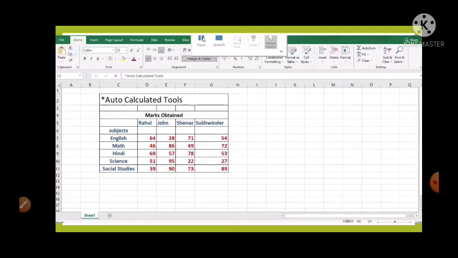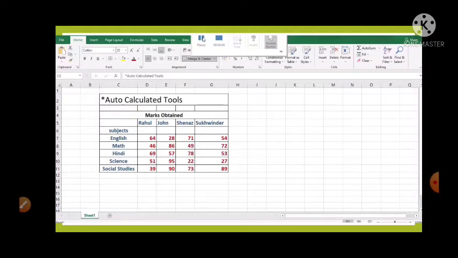So these tools allow us to perform calculations like summing, averaging, counting the number of the cell without entering the formula. So we have to just follow some steps for using auto calculate tools.